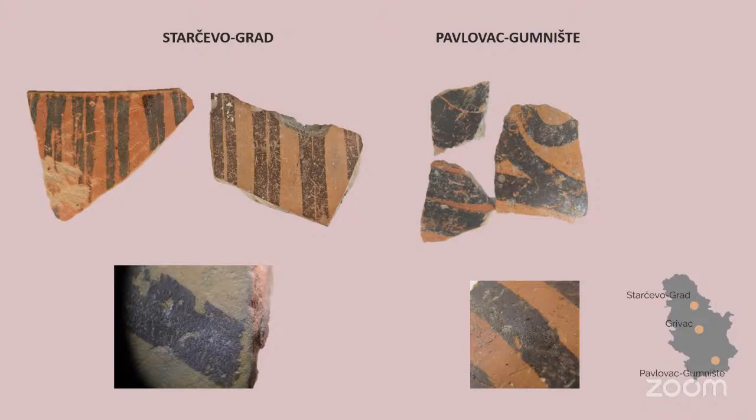And this is important because brown painting is usually attributed to the later phases of the Starčevo culture. And I think this is a warning that we cannot use only the color of paint as an indicator, that we have to consider the use of different pigments. Some characteristics could be inferred even only from macroscopic observations, but we do need analysis to confirm how they made these pigments.